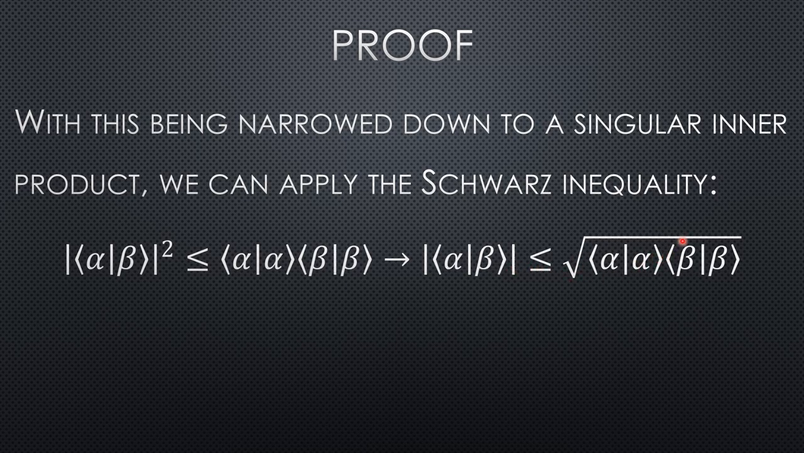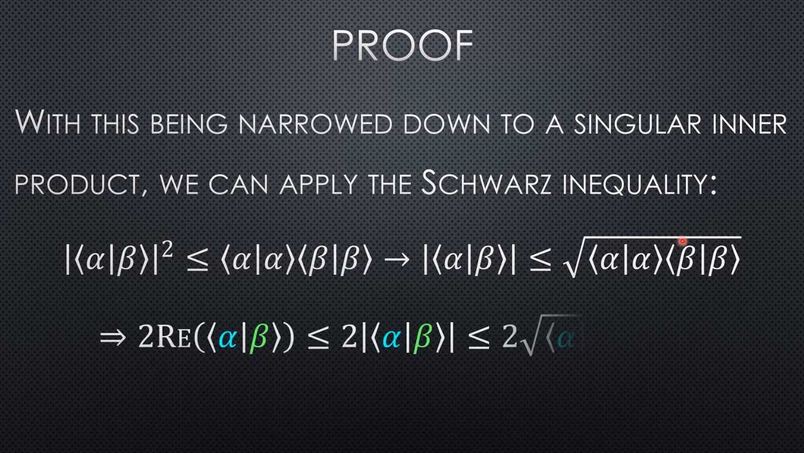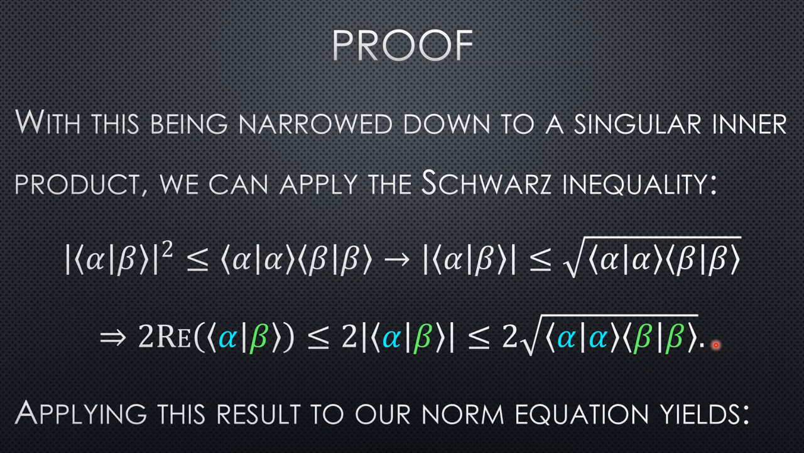Of course, that square root's going to be gross to deal with, so we'll have to do some clever algebra to clean it up. That being said, how it applies to us is that the 2 times the real part is less than 2 times the magnitude of the inner product, well, since we know what the magnitude is, we can plug that in here. And now we invoke a square root with an alpha beta, which ties in perfectly with what we had before. That being said, applying this result to our norm equation yields